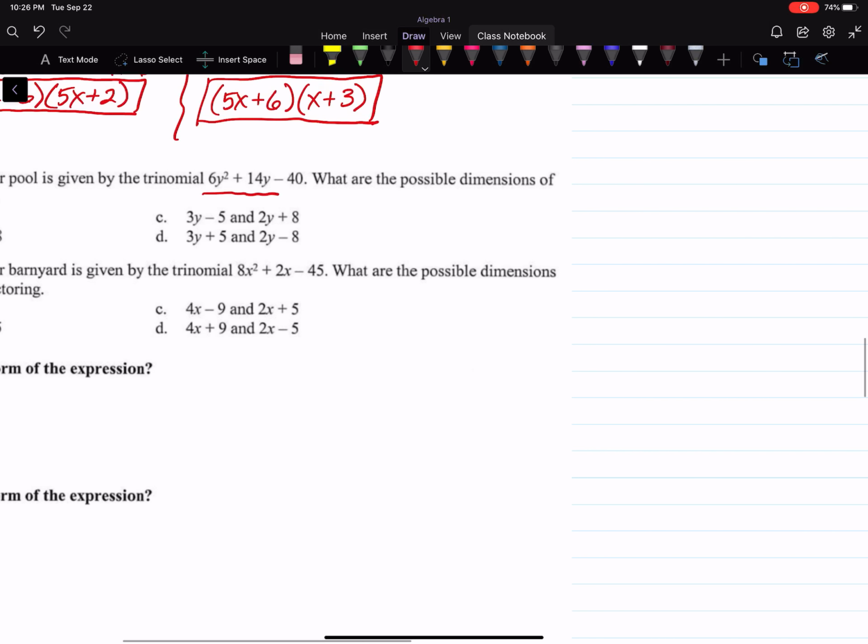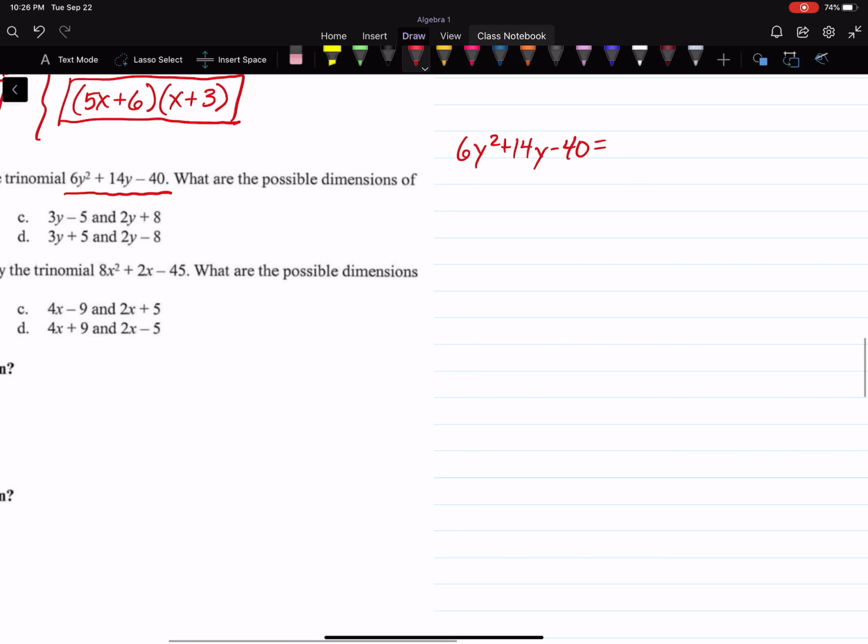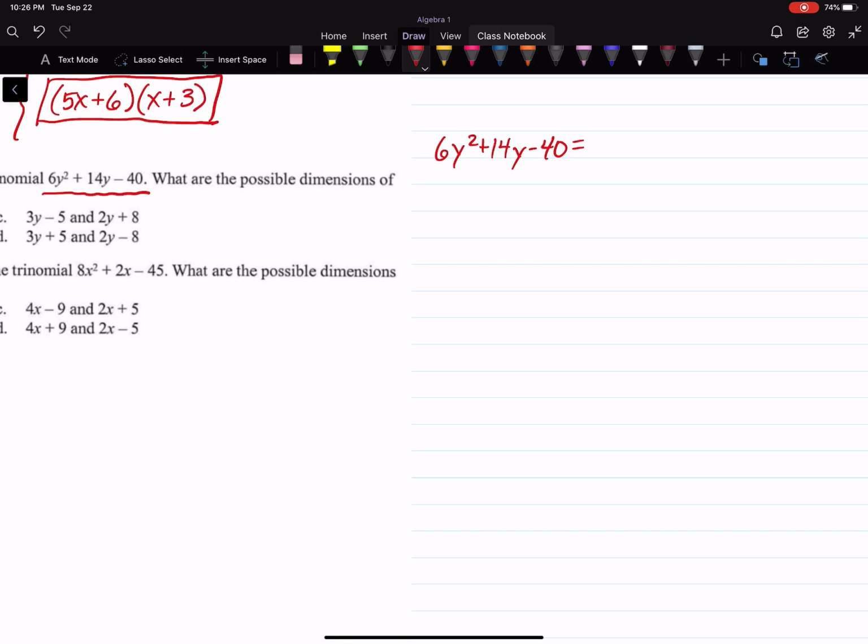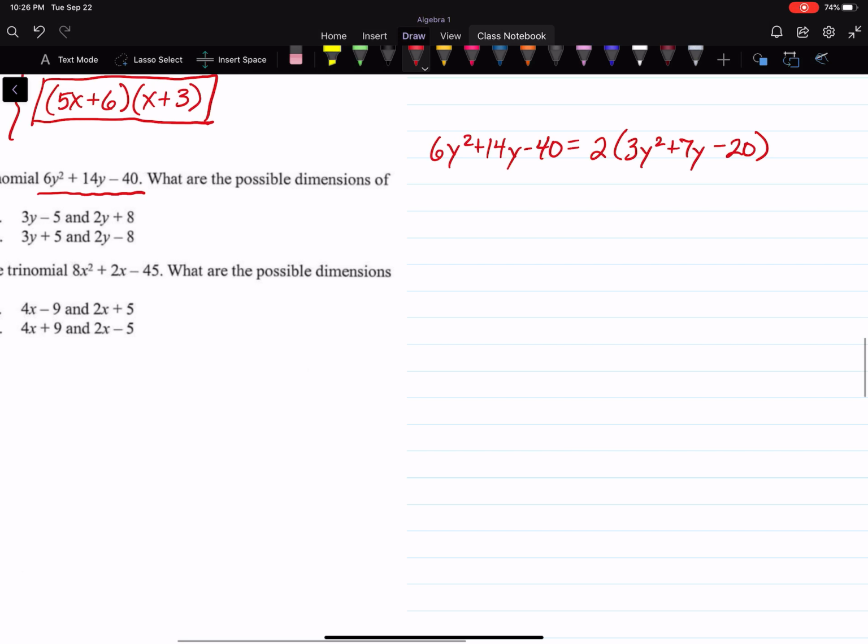We're going to factor 6y squared plus 14y minus 40. So come over here. 6y squared plus 14y minus 40. As always, we're going to take out the common factor first, the greatest common factor first, which what number will go into all those? 2. 2 will go into all of those. So when you divide everything by 2, you get 3y squared plus 7y minus 20. And now we have